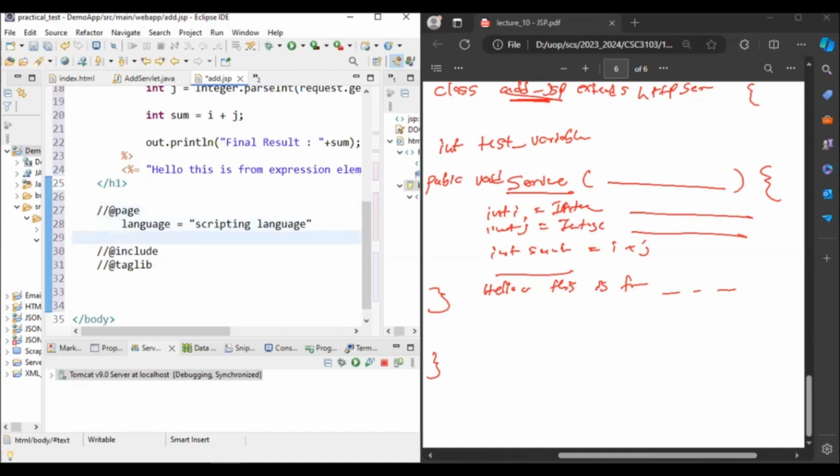Next one is extends. If you want to extend some external or separate file, a separate Java class, you can use the extends attribute. Then you can specify the class name here, right? Then import. If you want to import some external package to your program, you can use the import attribute. Import package list. You can pass the import package list,